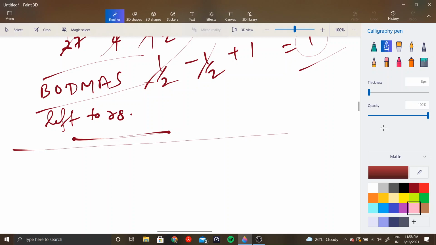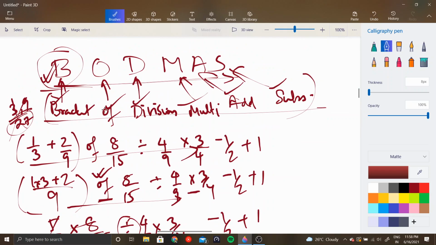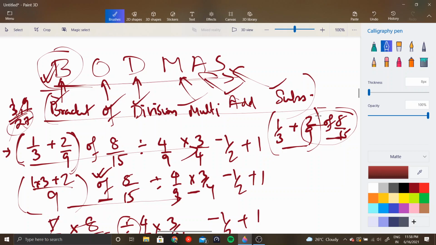Okay. Now we have talked about all these terms, but we didn't specifically speak of brackets, right? So brackets. Now, why are brackets specifically used? Is there a proper purpose? Yes, the proper purpose is segregation. So, to differentiate this thing from the entire equation or the entire term, we use a bracket, right? If there was no bracket, it would basically mean 1 by 3rd plus 2/9 of 8 by 15. So, this operation would have occurred first. So, in order to show that we first need to do this computation followed by "of", we need a bracket, right?